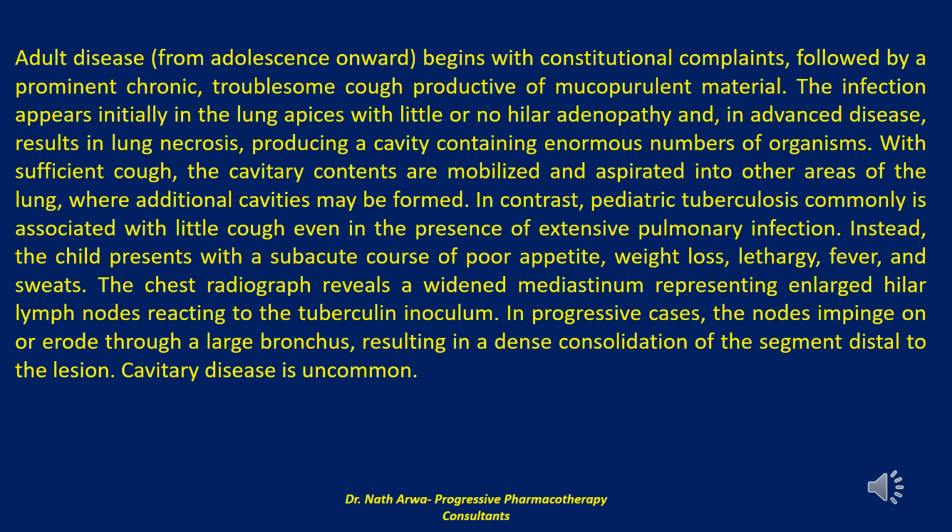The infection appears initially in the lung apices with little or no hilar adenopathy and, in advanced disease, results in lung necrosis, producing a cavity containing enormous numbers of organisms. With sufficient cough, the cavitary contents are mobilized and aspirated into other areas of the lung, where additional cavities may